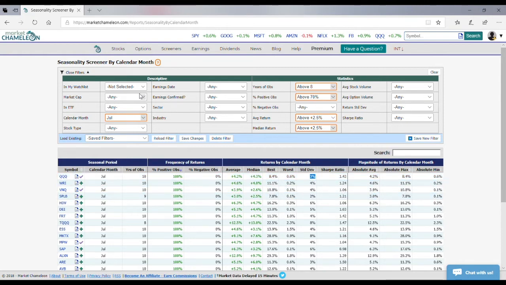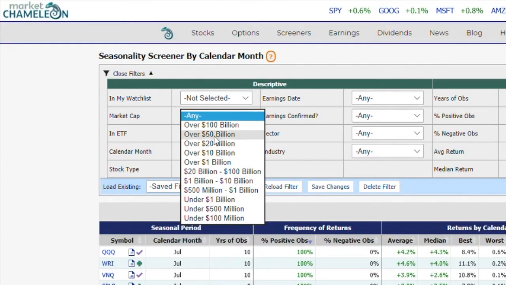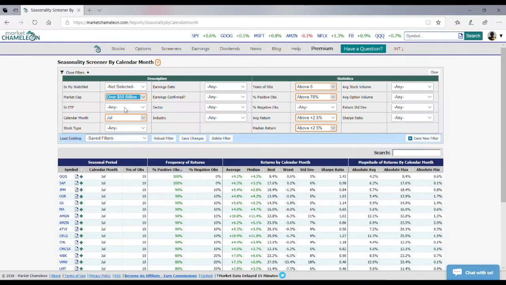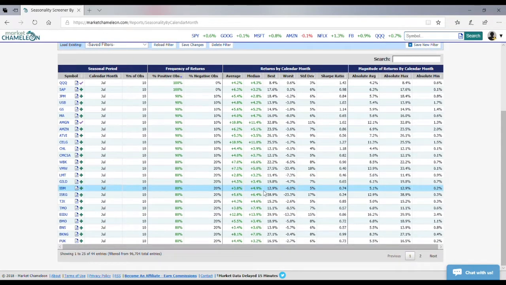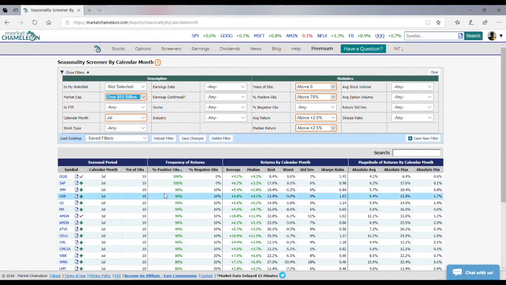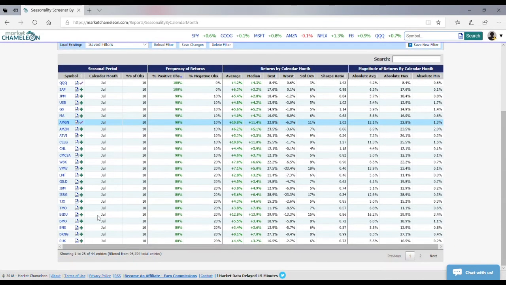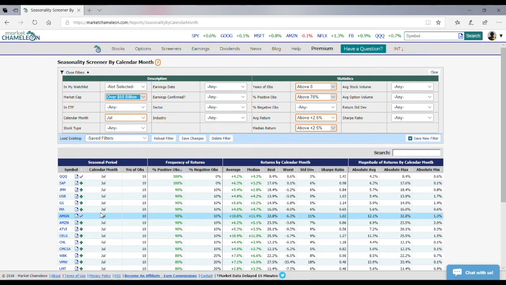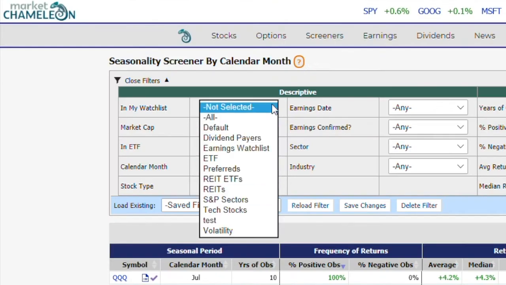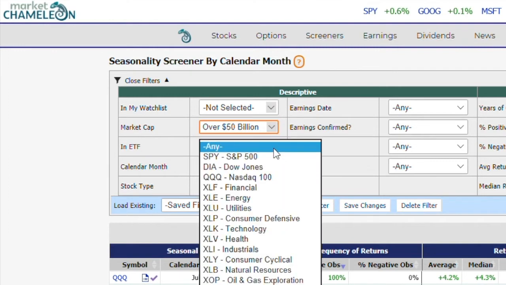One more thing I tend to do is set a limit to the market cap. So I go 50 billion or above. This will automatically screen out everything below 50 billion. So now you can see that there are other stocks here, higher cap stocks that made the list. You could also do it by stocks in your watch list or stocks in particular ETFs like the S&P, Dow